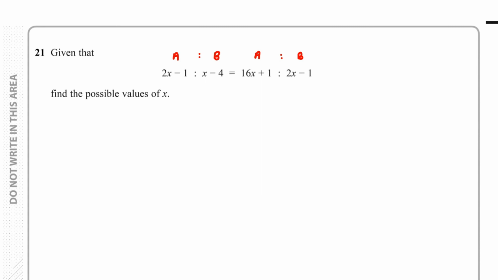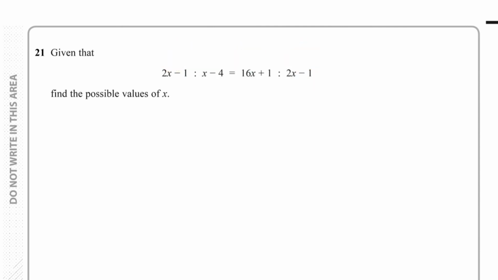It's like saying, just if I write it down to the side, if I've got 2 to 3 equaling the ratio 10 to 15, you can see how these are the same thing. And because of that, you can see that 10 over 2 is equal to 15 over 3, which is equal to 5. So you can think of it like this. So having said that,